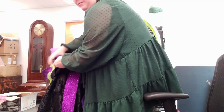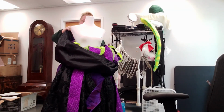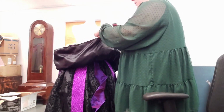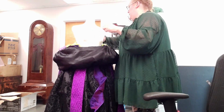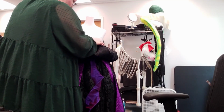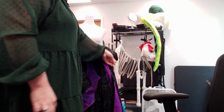Now, I hope we've got enough room in here for all of these things. She's going to be a little beefy around the waist. So then we will pull this to cinch it up. So we'll need to keep this fairly long,